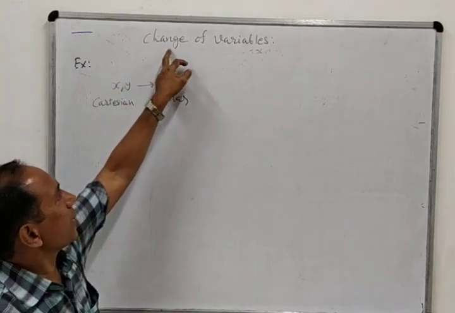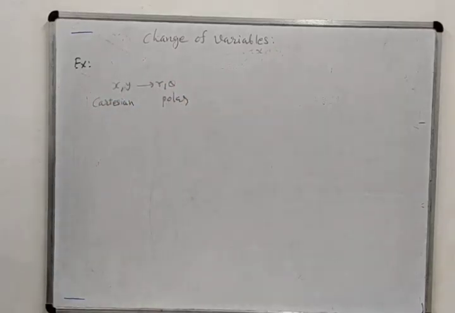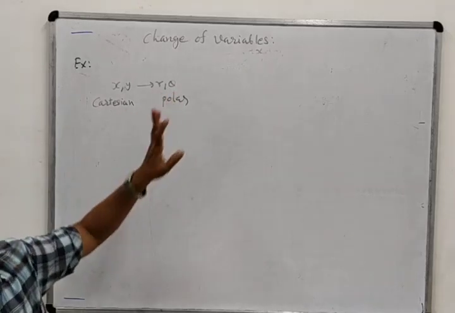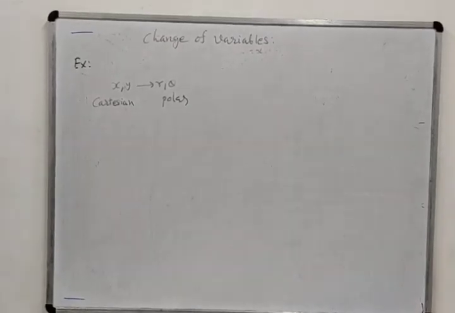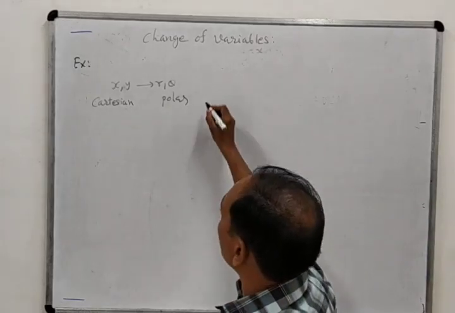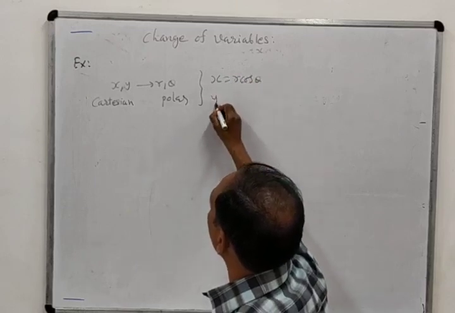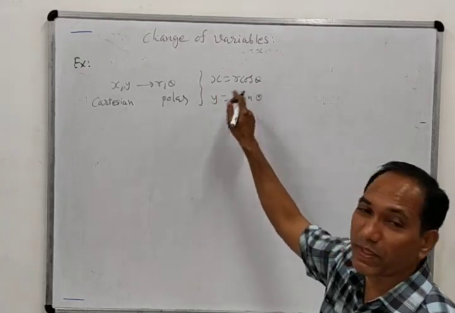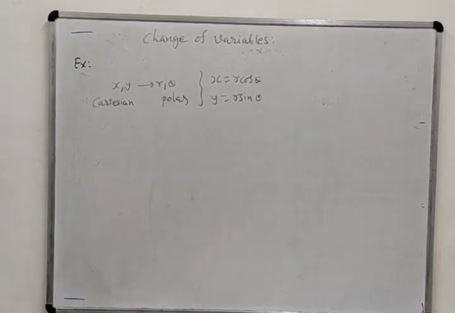So this is also one kind of change of variables, because here variables have been changed in the problem. But whatever these variables have been changed into polar form, these are of special type. That is special coordinates, because the nature of polar coordinates we already know, and this happens due to the transformation x equal to r cos theta and y equal to r sin theta. So these are the variables and these are the relationships. That means these are the transformations. These are also known as transformations, because this relationship is used to convert Cartesian into polar form.